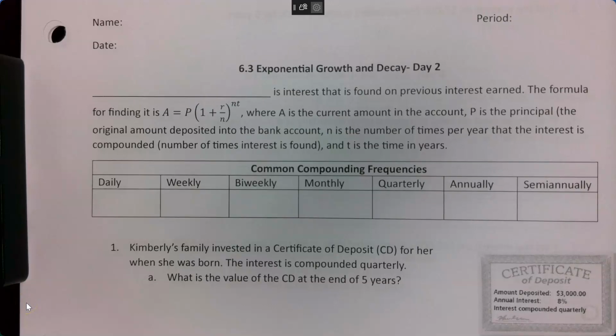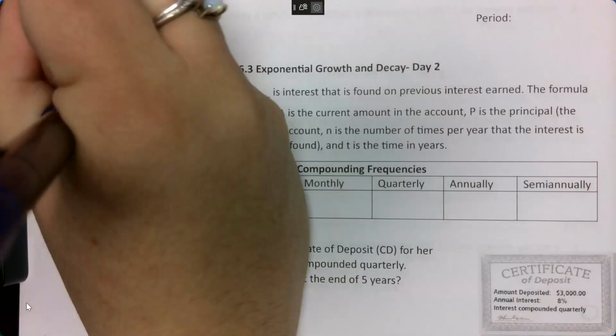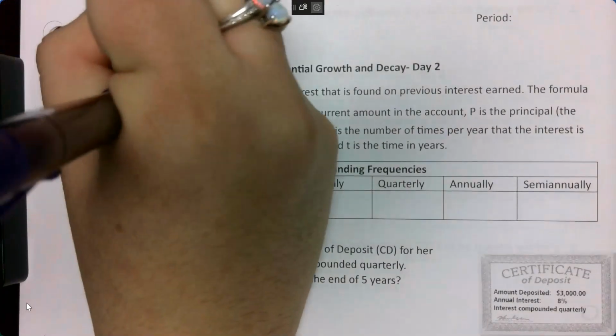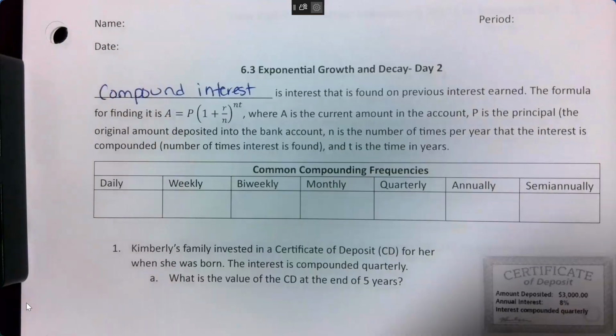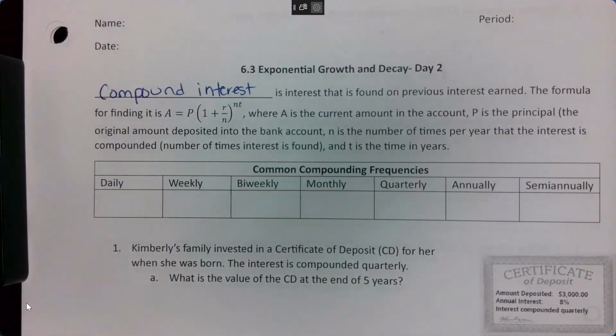So, today we are talking about compound interest. It is interest that is earned on previous interest. The formula for finding it is A equals P times (1 plus R over N) to the NT power,